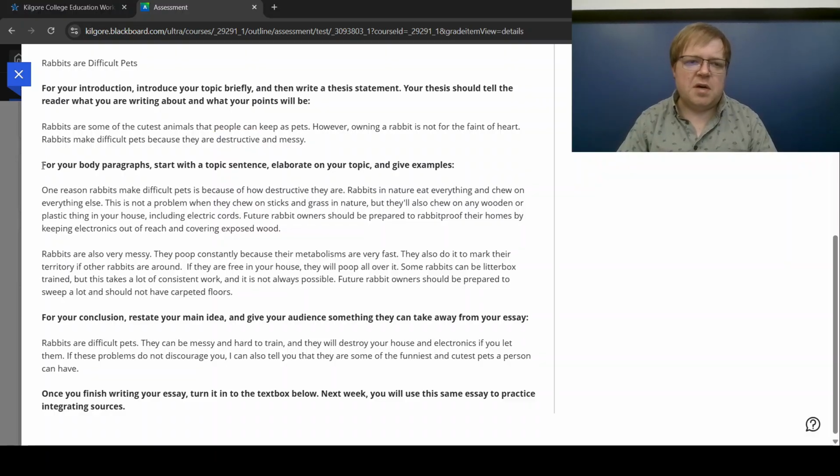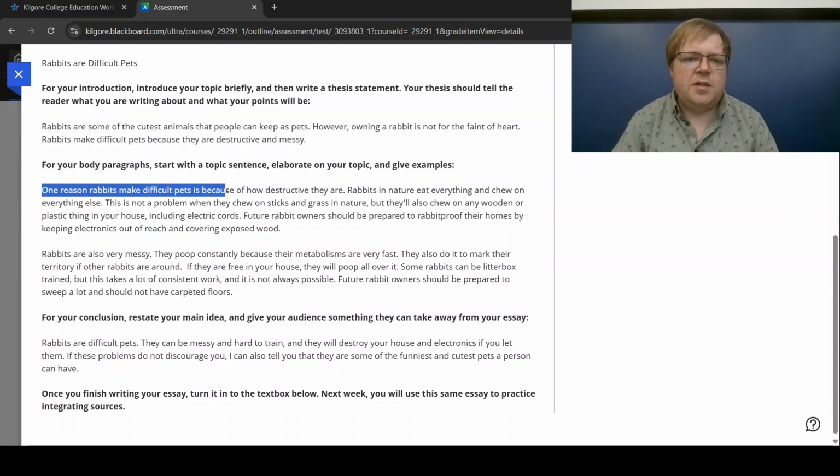So after that, I need body paragraphs. Your body paragraphs are going to flesh out your points. And in this case, the first one here, I said rabbits are difficult pets because of how destructive they are. So I have a topic sentence here that is saying what this paragraph is about,